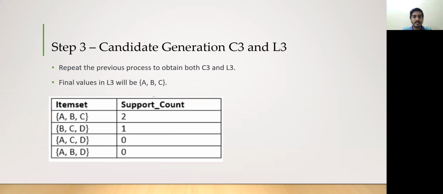Again, to form the C3 table, we have to repeat the same process as explained before, but now with subsets of 3 item sets together. We also calculate the support count from the dataset and finally get a table as on the left. Then we make the L3 table with the same steps. This iteration eliminates most of the item sets, leaving L3 with only one combination, that is A, B, and C.